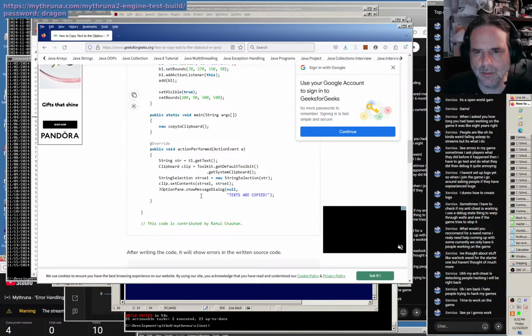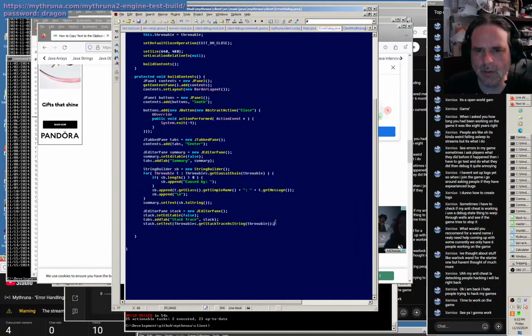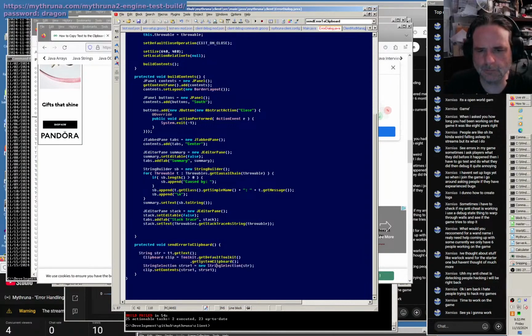Clipboard. Yeah, okay, so it's not too bad. We'll cut paste coding here. Action void error to clipboard. Send error to clipboard. So we will